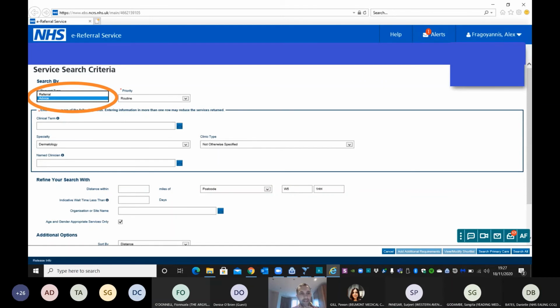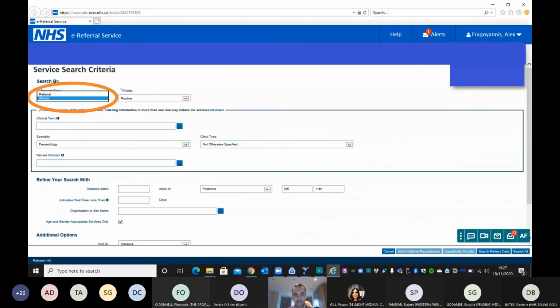So I'm not sure how well you can see this, but I've just taken some screenshots from my own ERS web browser at the practice. So essentially, very simple. What you do is, if you see the highlighted area here, you've got a drop-down menu, and it has 2 options. One is referral, the other is advice. So if you want advice, you click advice, okay? So going forward to the next slide,